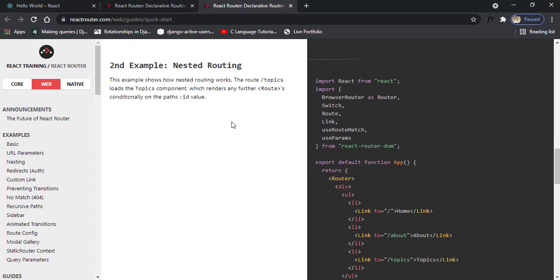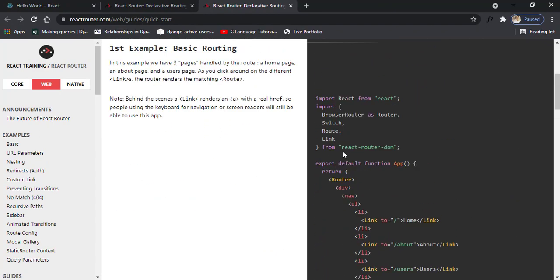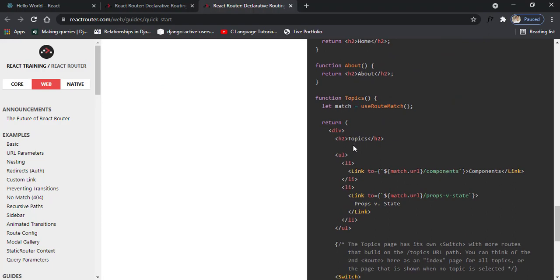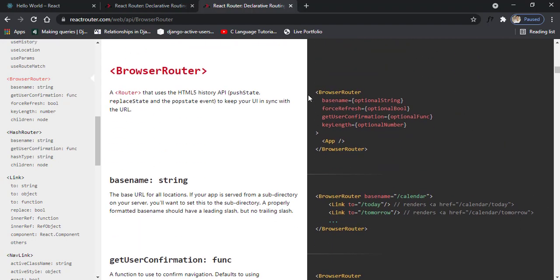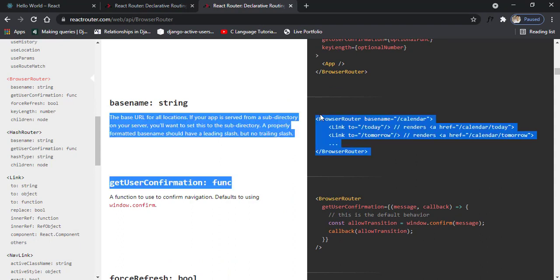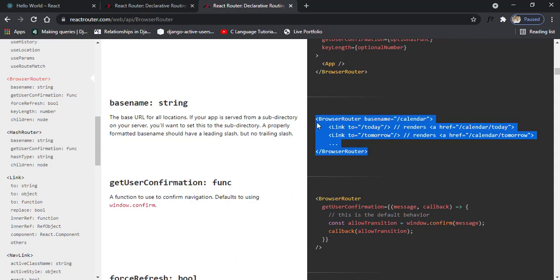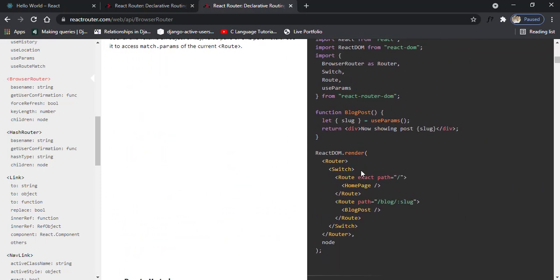Okay. So wait a minute. Go inside this. Check for browser router. So this is a browser router. So this is everything. So what is the browser router doing? We import firstly the browser router, and after the browser router, we get inside this switch, and inside the switch we import the route like this one, React Router DOM. So from where do we get this? From where are we doing all these things?